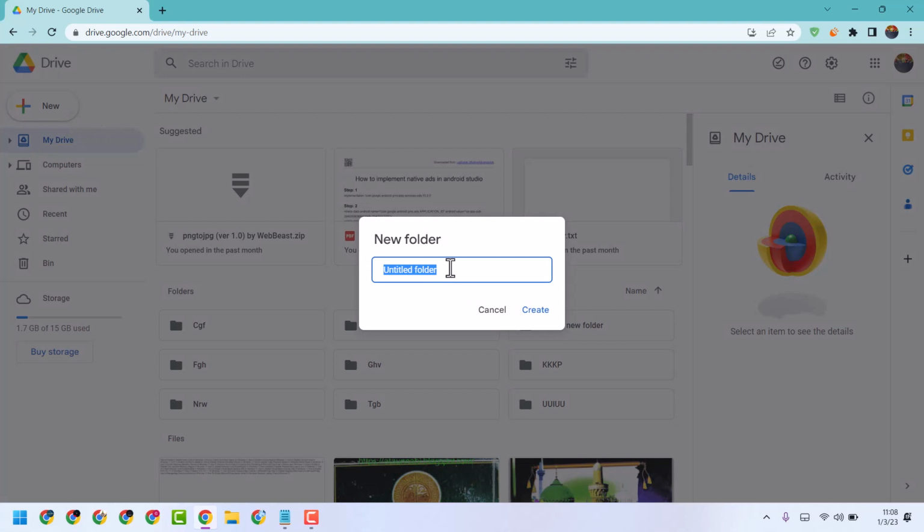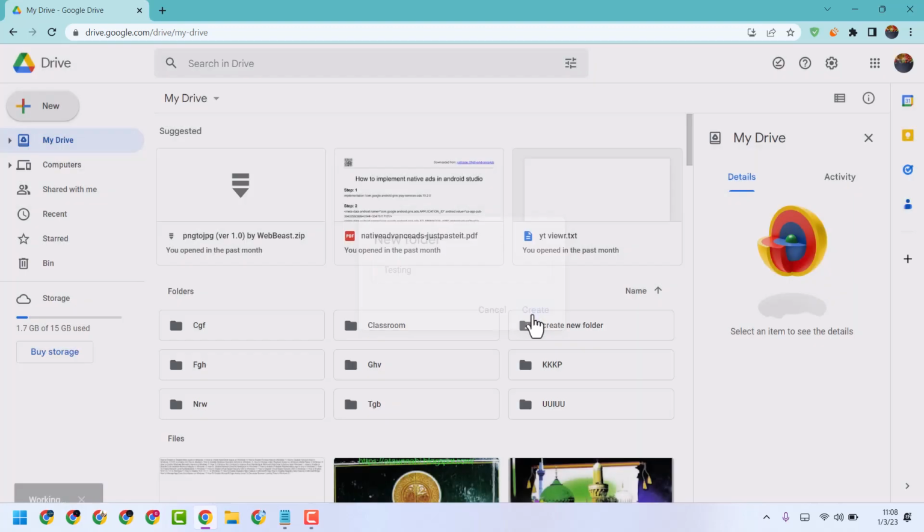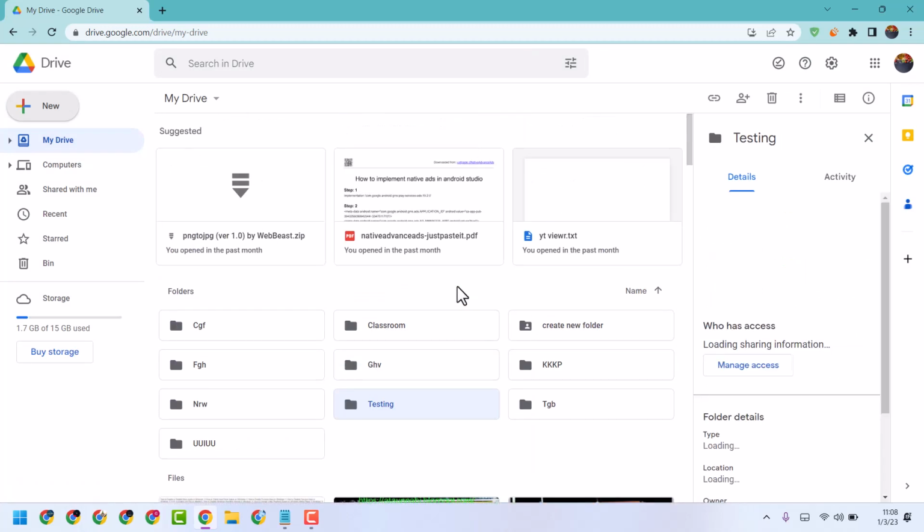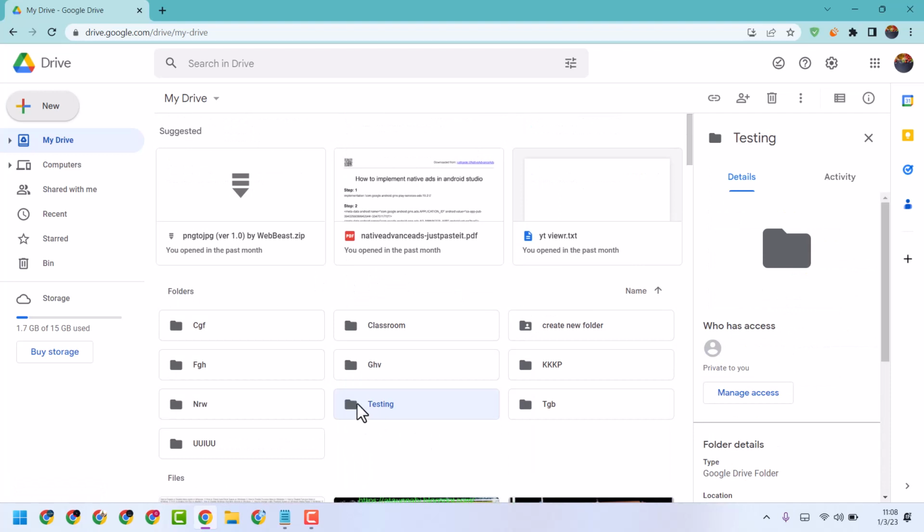Give a name to your folder, like I am giving the name for this folder testing, and create it. So you have this folder now, this one testing, open it,